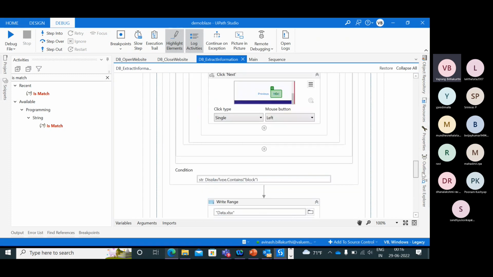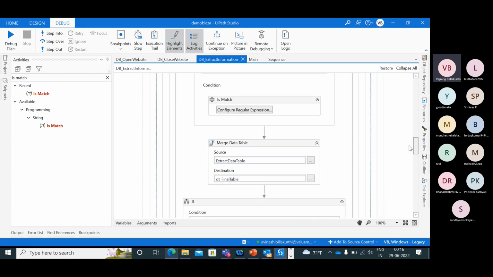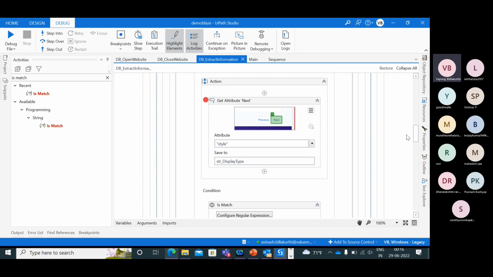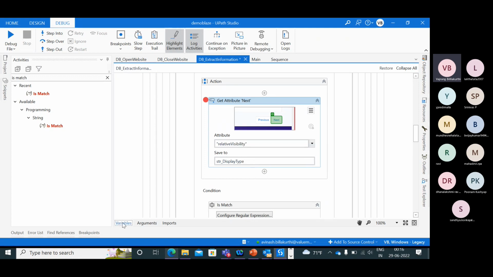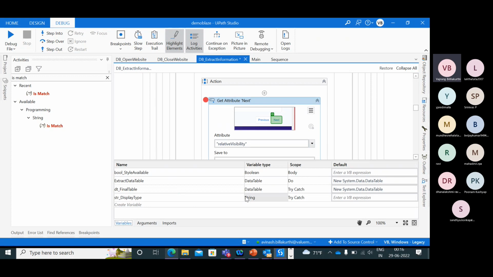So what are the two things that we need to change immediately? This style attribute, instead of style, this should be relative visibility, and the display type should be changed from display type string to Boolean, and this will be bool display.